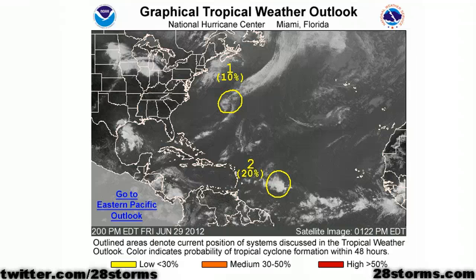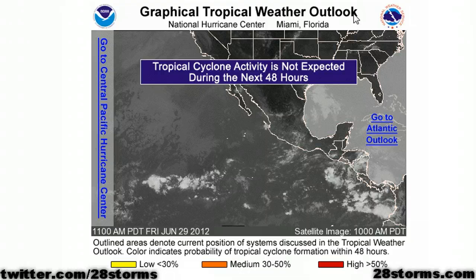It is Friday afternoon and we're looking quite good in the tropics as we head closer to the 4th of July festivities. We see that the Hurricane Center is monitoring two areas, but this is the remnants of Tropical Storm Debby moving out to sea. And this tropical wave, now being given a 20% chance of development, is flaring up on the satellite. However, conditions out ahead of that system do not appear to be favorable for any type of development, and the